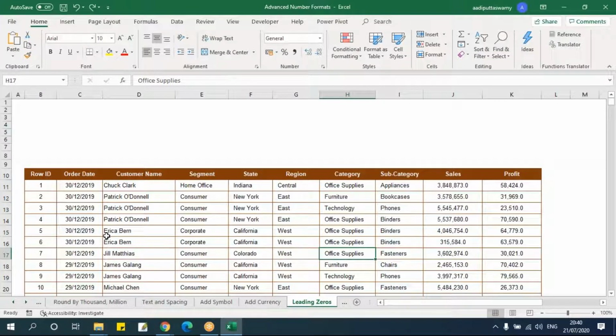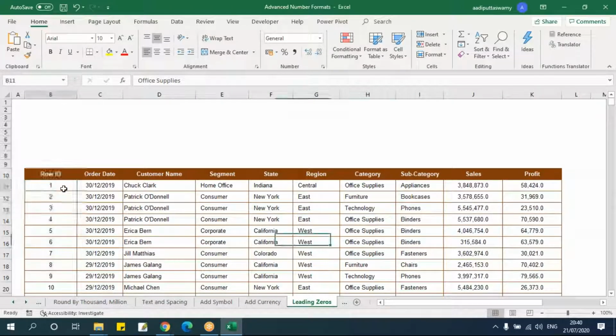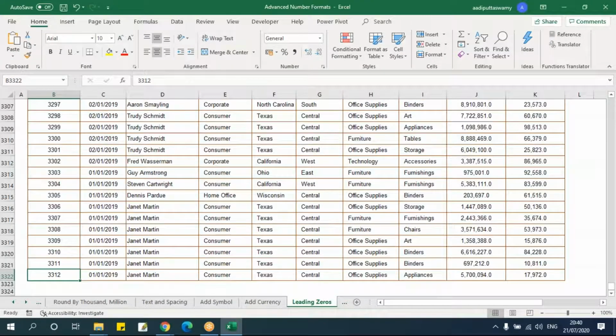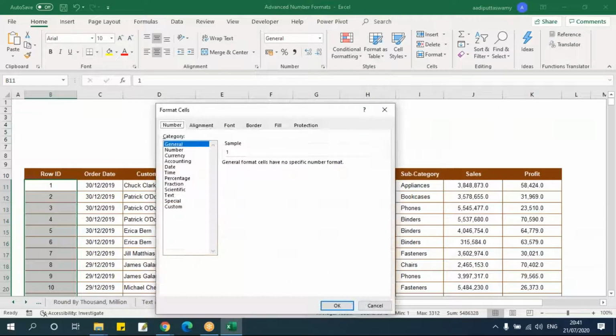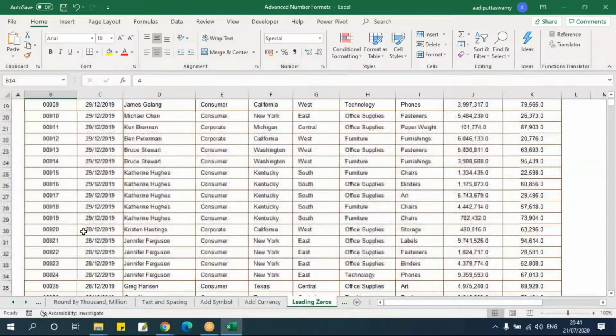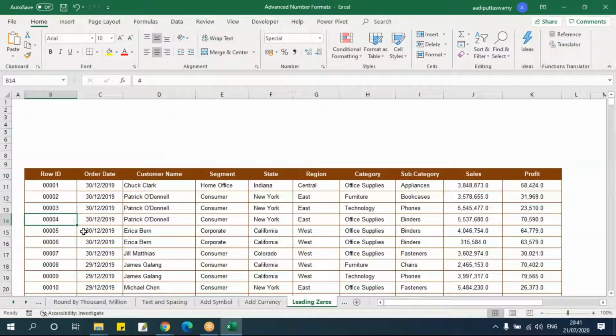Next is about the leading zeros. When I say leading zeros, suppose let's say this is an employee ID. I want to make it 8 characters or 10 characters or 3 characters or whatever. Let's say we want to make it 4 characters. If you go and check this, I have a maximum of 4 characters. Let's go here, custom, just put that 0. Say 1, 2, 3, 4, 5, 6, 7, whatever you want, you can just put it. Say okay. See, that will change the format. So this is for leading zeros. There are some options where I can put customized characters as well, that I'll show you next.